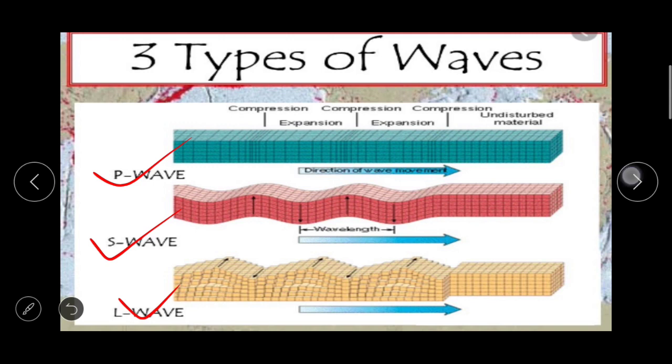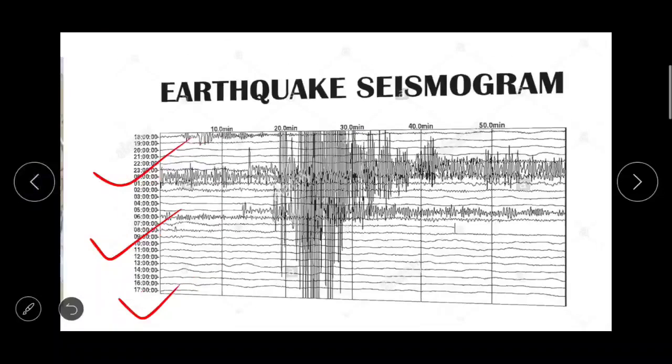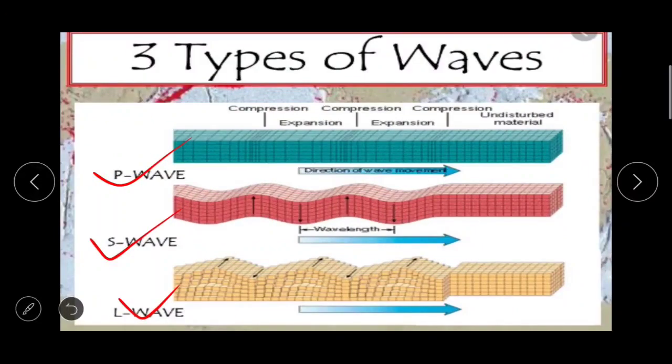These waves are generated, here you can see, after the main primary and secondary waves reach the epicenter. They travel in the direction of the circumference of the earth almost towards the crust, and they are highly destructive than primary and secondary. So, if you observe this figure carefully, then you can easily understand the difference between the primary waves, secondary waves and surface waves.